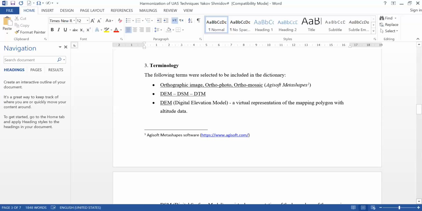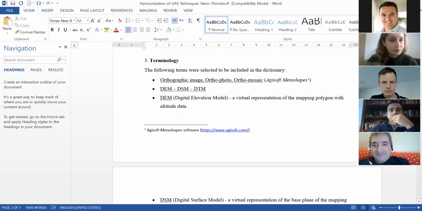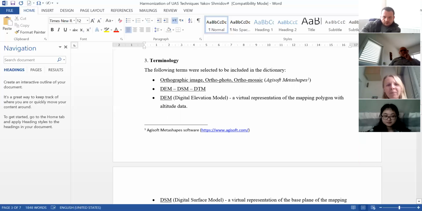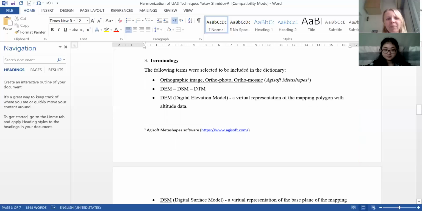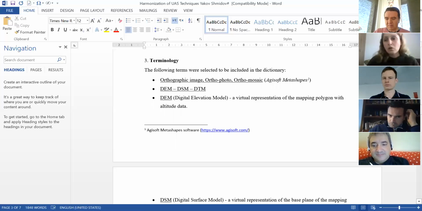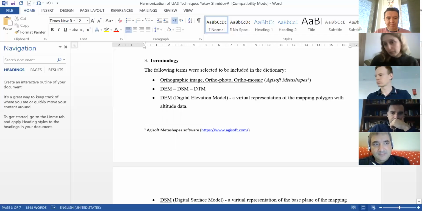So we have a list of terms. Basic ones, sometimes they are inside each other. For instance, orthographic image, orthophoto, orthomosaic. What he figured out through his STSM, and we are continuing this work, is that, not surprisingly, most of our terminology comes from the program that we are using, normally for data processing. So many papers, many authors refer to terms based on the software that they are using.